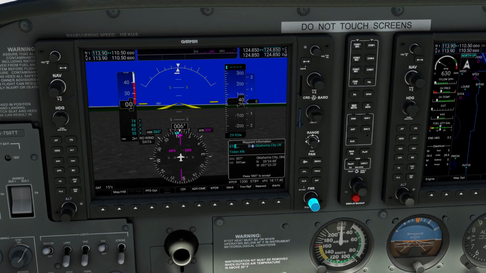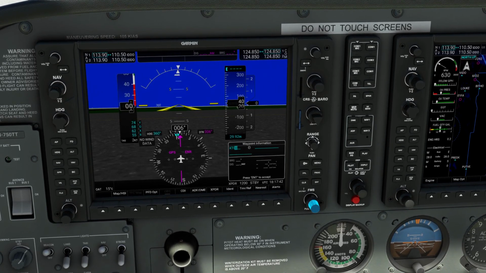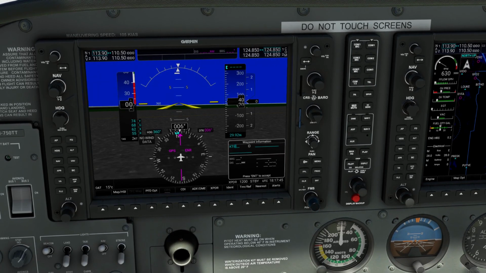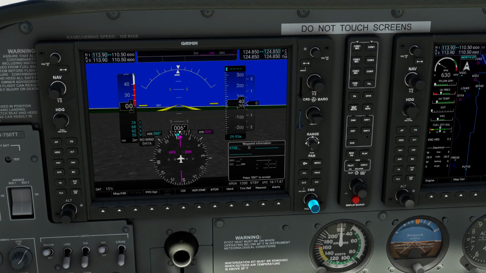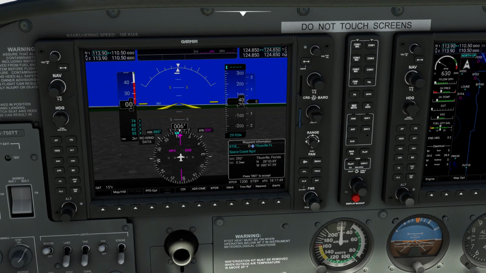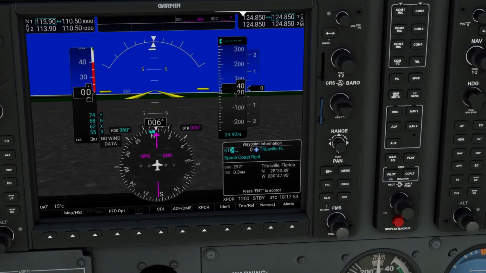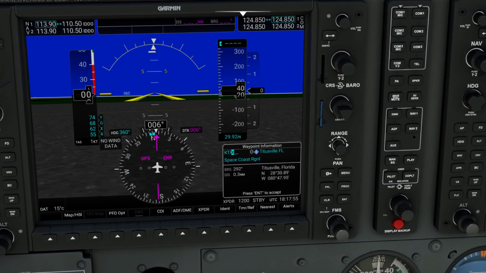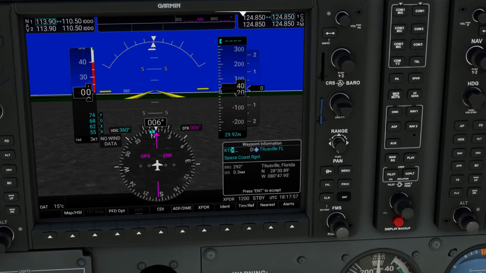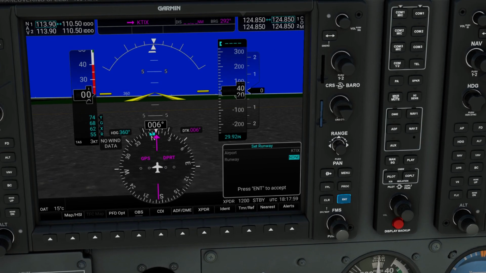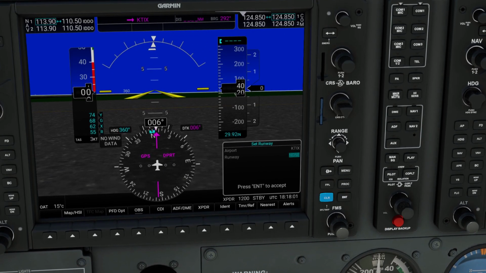Oop, passed it. Nope, maybe I didn't. I thought I did. Where we go? Almost there. There we go. After you get it set there, you will make sure that the waypoint information is correct, which it is. It says Titusville there. You will hit the enter key, and for the runway,